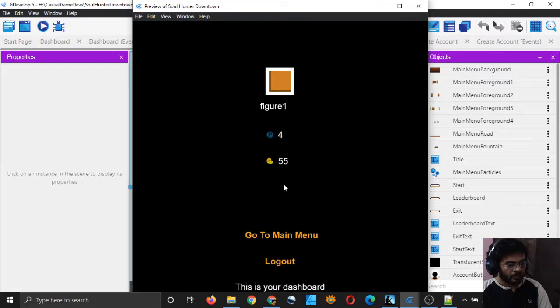If I log in with figure 1, oh, I see what's happening. In whatever new accounts we have created using our game's system, we don't have the points and coins variables in them. So that's why it's not working. Otherwise it's fine. That was the issue. By default the points and coins variables are null. They have no value in our database when we create a new account. So that may be messing up with this.